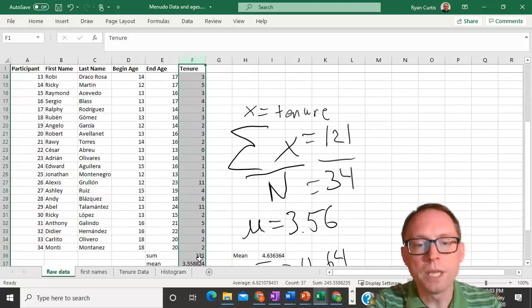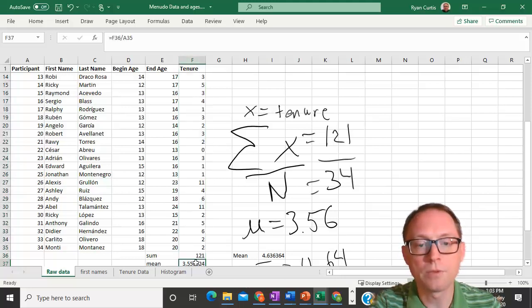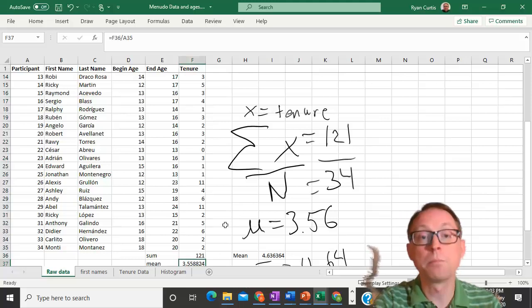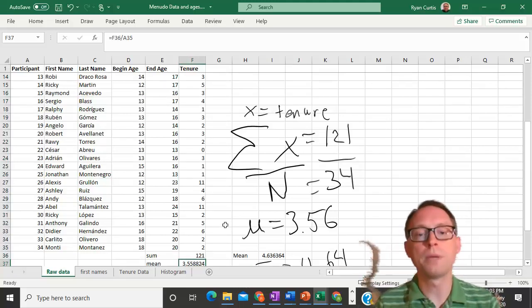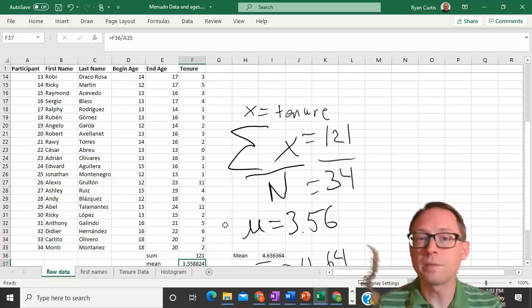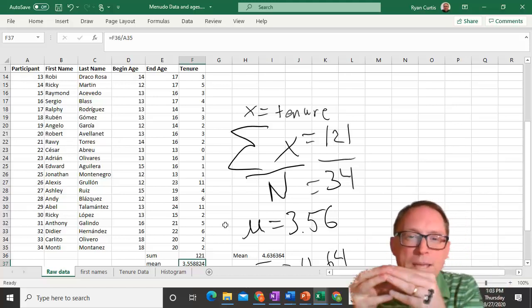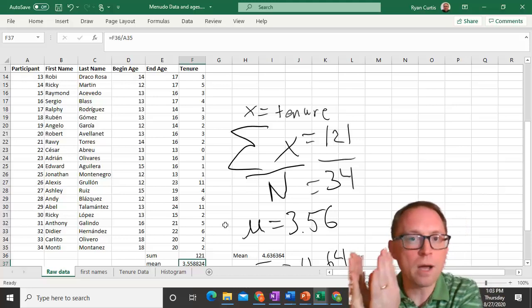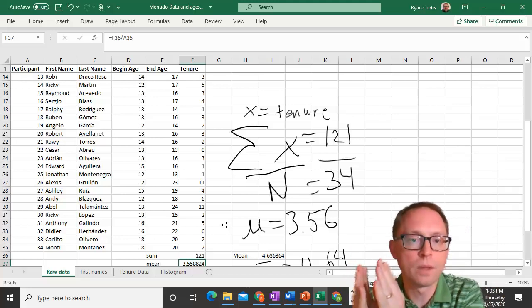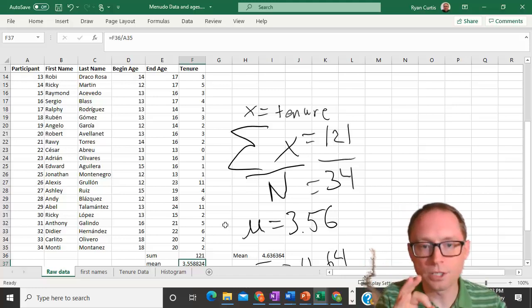If you remember, the mean was 3.56. Okay, mu equals 3.56. The mean for the whole population is 3.56. The median was 3, and the mode was also 3. The mean, median, and mode were similar, but they weren't quite the same. When we talk about skew, what we're saying is that there's a distribution of scores, and something is skewing that mean a little bit more positive than the median and mode. So this is a skewed distribution.